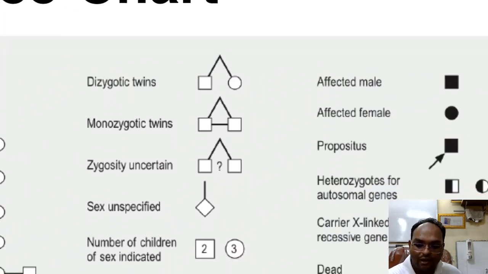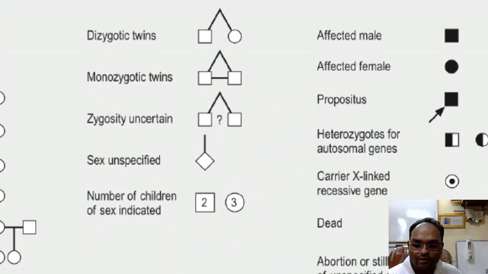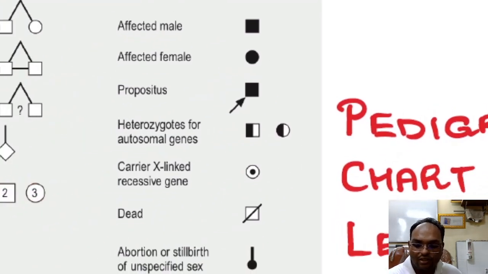ডাইজাইগোটিক টুইন্সে মধ্যিখানে কানেকশন লাইন থাকে না, মোনোজাইগোটিক টুইন্সে থাকে। জাইগোসিটি যদি আনসার্টেন হয় তাহলে কোয়েশ্চেন মার্ক করে দিই। সেক্স আনস্পেসিফাইড হলে রম্বাস হয়। নাম্বার অফ চিলড্রেন বোঝাতে ধরো এরকম, দিস মিনস 2 boys and 3 girls, মানে 2 sons and 3 daughters। অ্যাফেক্টেড বোঝাতে কালো। প্রোপোজিটাস বোঝাতে প্রথম যেখানে ধরা পড়েছে এই অ্যারোটা দেয়।